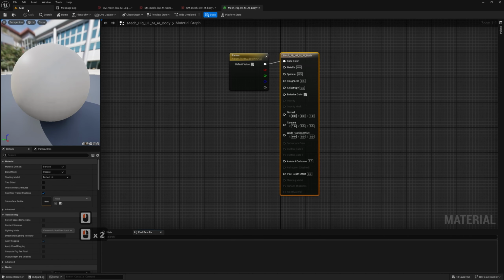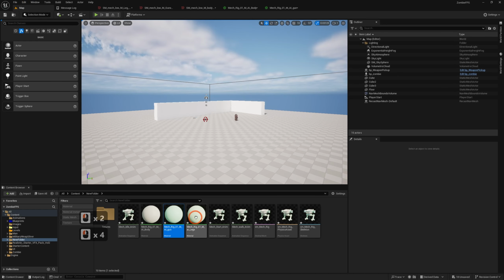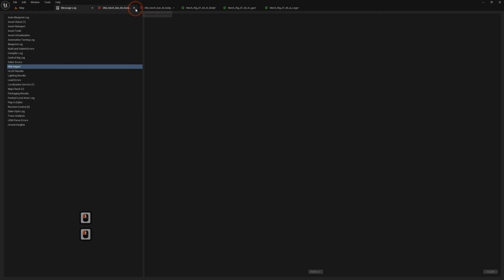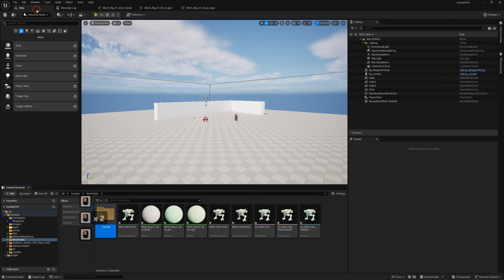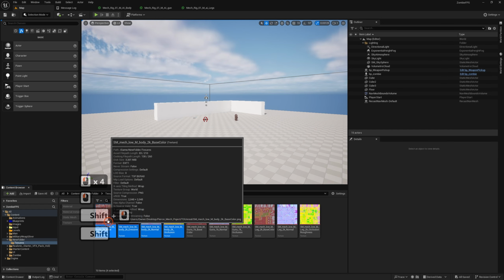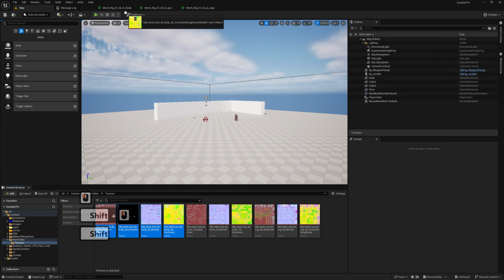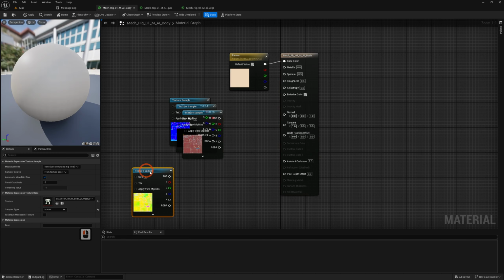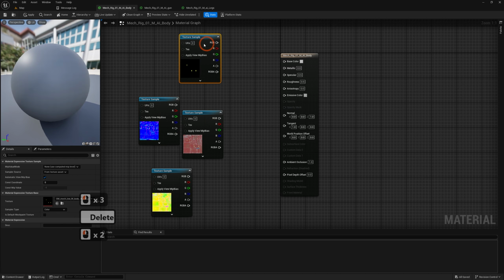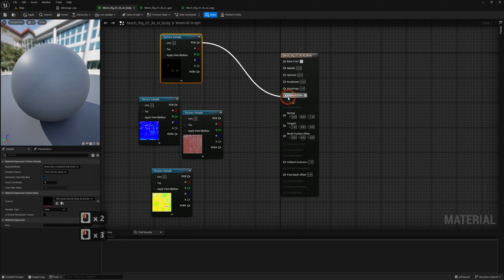But just gonna double click to open these guys really quick. And then go to my texture folder. In fact, I'll hit Control Space and close these guys really quick. Save. Let's see here. I'm going to grab the body. Let's just do this quick. Technically, I should set up a master material and do them separately, but I can plug my emissive channel here,